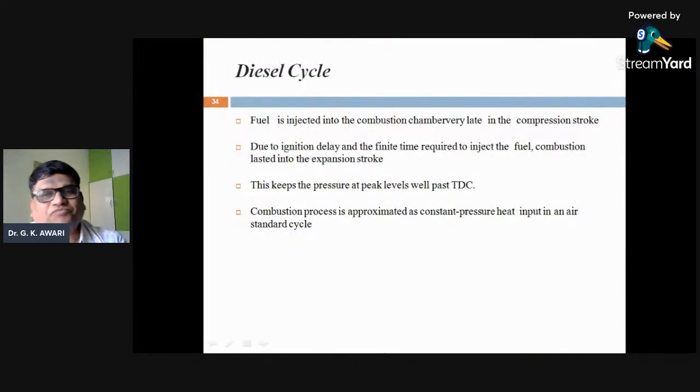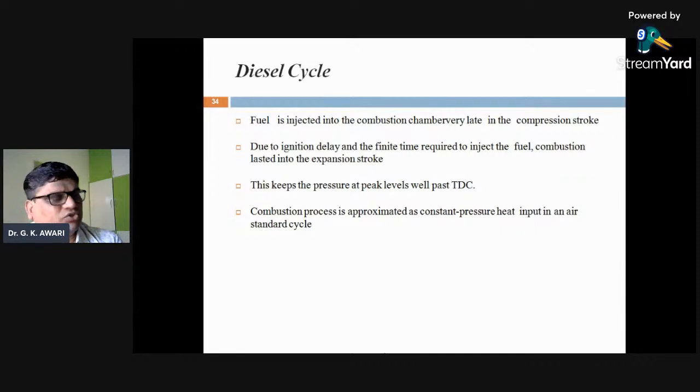So, the diesel cycle. In the diesel cycle, the fuel is injected into the combustion chamber very late in the compression stroke. In a spark ignition engine, the air plus fuel mixture is sucked inside the cylinder and compressed, and the spark is produced at the end of compression to ignite the fuel-air mixture. In the diesel engine, the fuel is injected into the combustion chamber very late, at